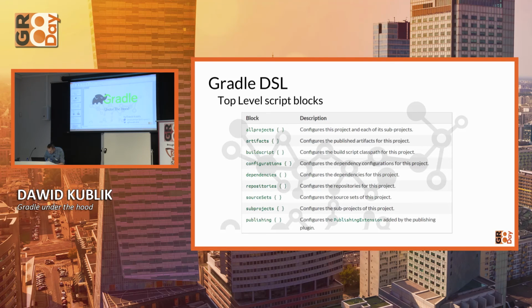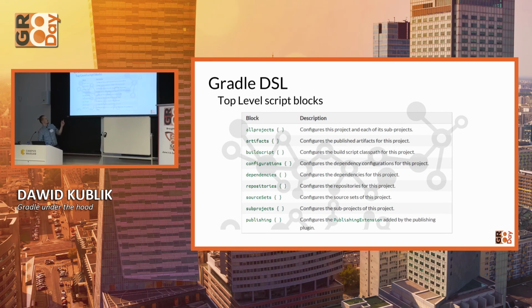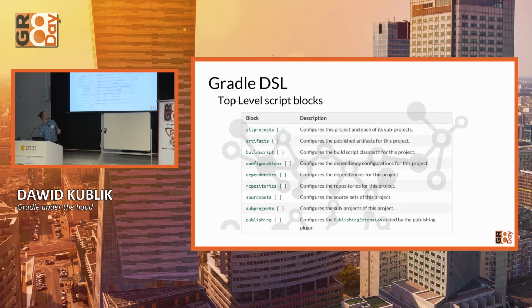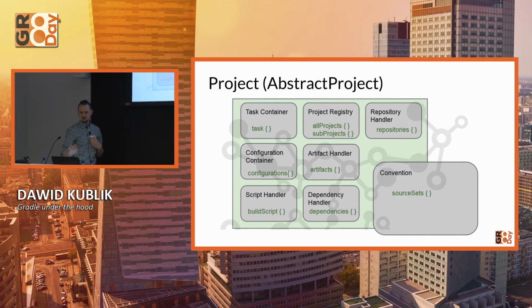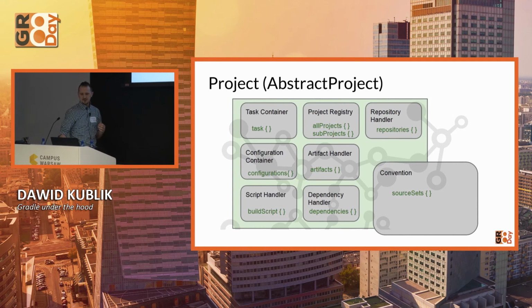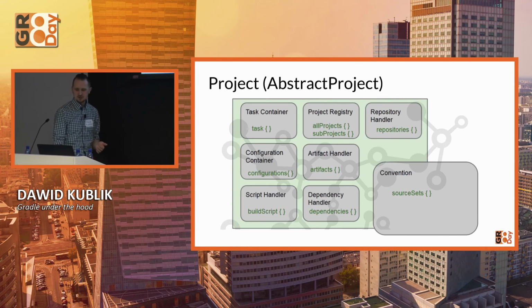Okay, so there's a little time, so I will end by telling you this: of course, there is no need to investigate the project. You can still use those top-level script blocks that you can find in the Gradle DSL documentation. So yeah, you can just go there and find those magic words, but knowing all of that, now suddenly they're not magic anymore. Now you know that they are just method calls on the project, which is an interface, or the abstract project, whose implementation calls. And so those are just the methods that are executed on the project, and those methods usually